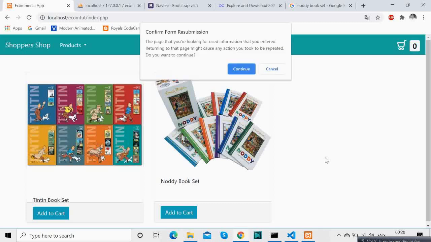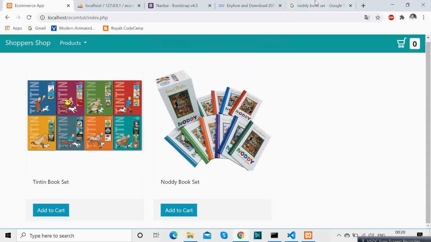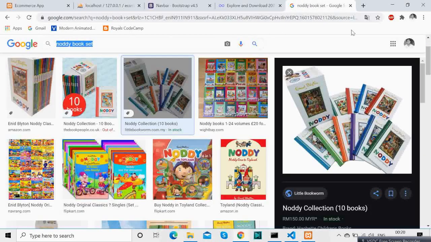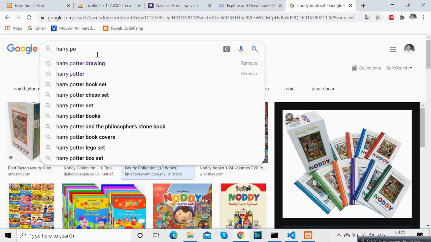So we have adjusted the height. You see we have adjusted the height, we have got the height to a fixed size, and now we are adding the last product in our table for now.